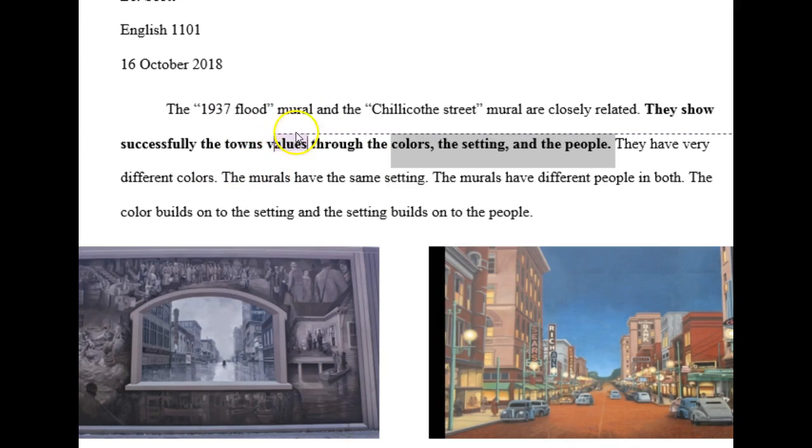What are the values that they're trying to get across? I've seen some folks use that there's a sense of togetherness, that there's a sense of pride, that there's the idea that we focus on each other, on our relationships with others when things are bad, and when things are good, we enjoy ourselves individually. You don't see a lot of people here. You see a lot of focus on the setting. Here, although we've got this disaster that happened, there's a lot of focus on what's happened to the individual people. So there's arguments to be made here, and you need to make one.